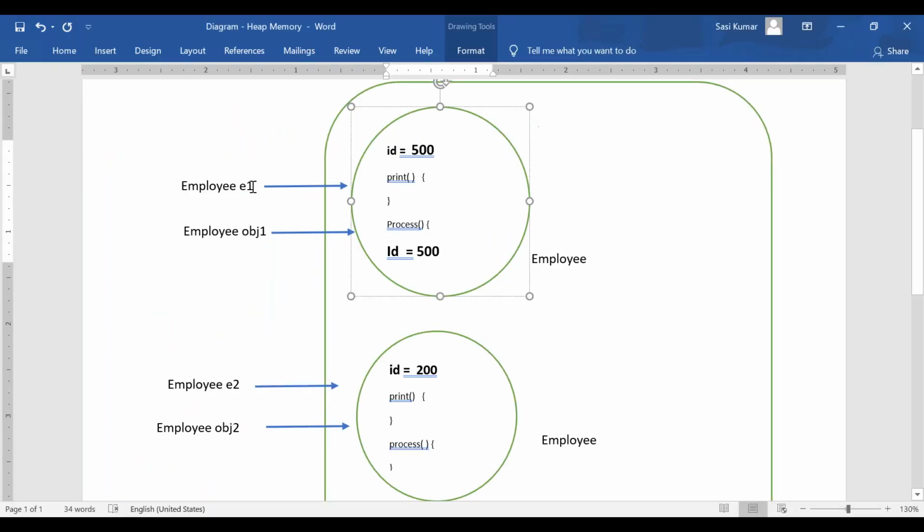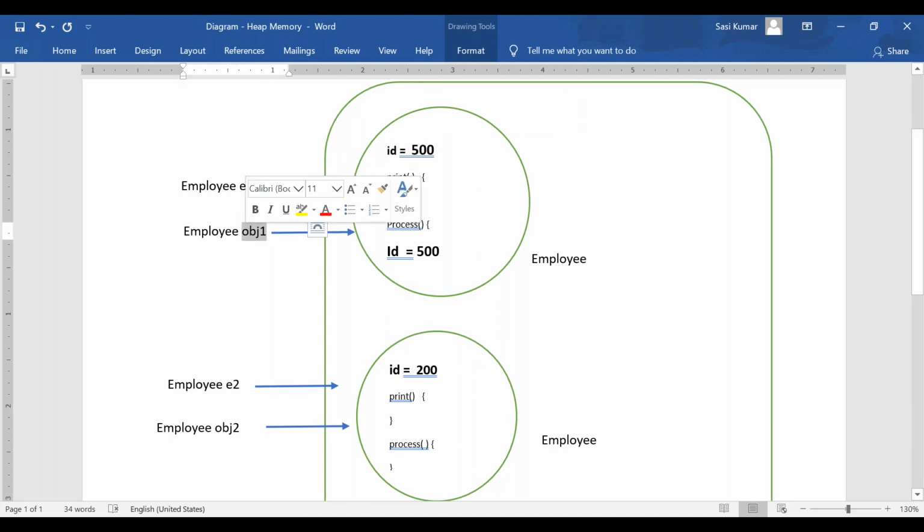If I call the e1 dot print method, the flow will go here. The print method internally prints id. What is the id now? If I access directly e1 dot id, the value will be 500. obj1 dot id, the value will be 500, right?